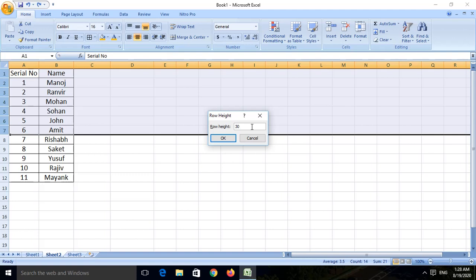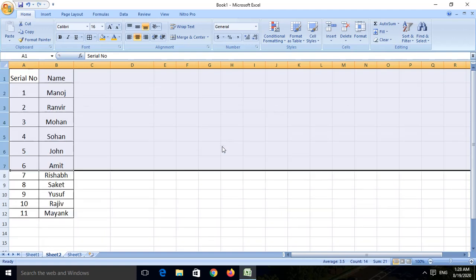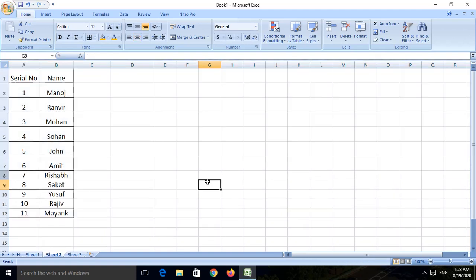Row height 30. After putting this number, I will click on OK. After clicking on OK, you can see that from serial number 1 to serial number 6, the height of the rows is increased.